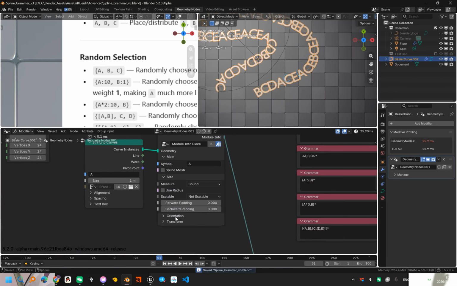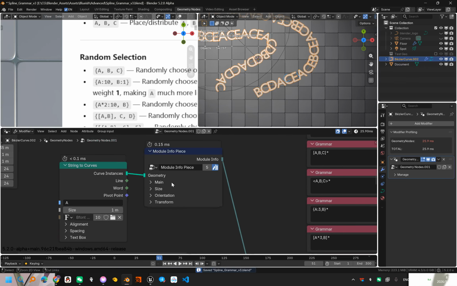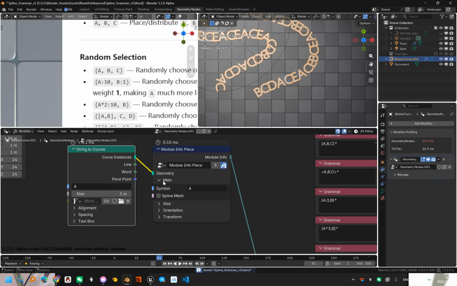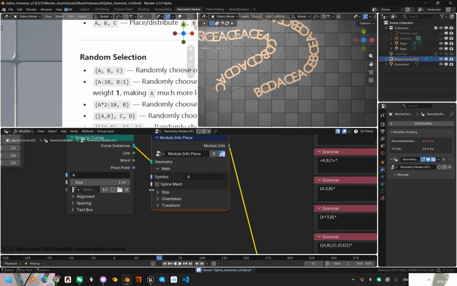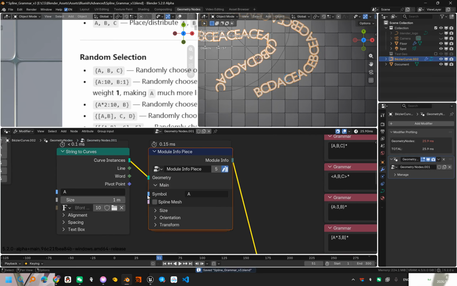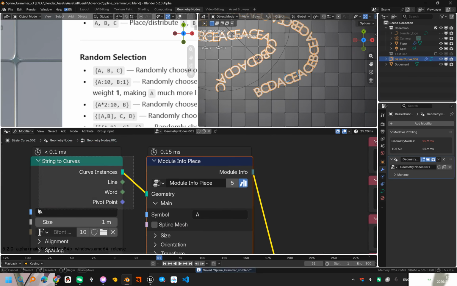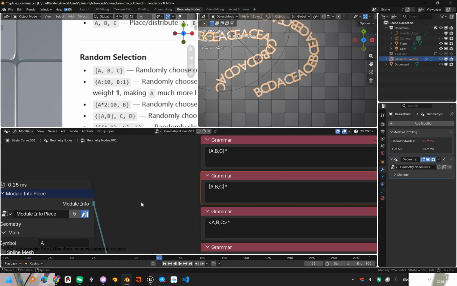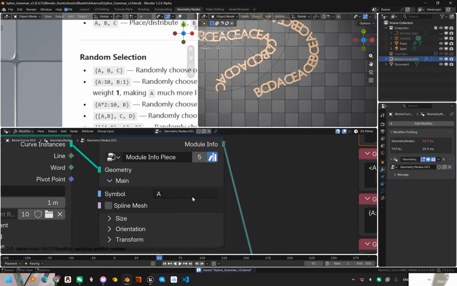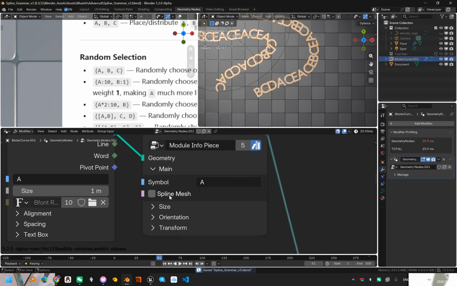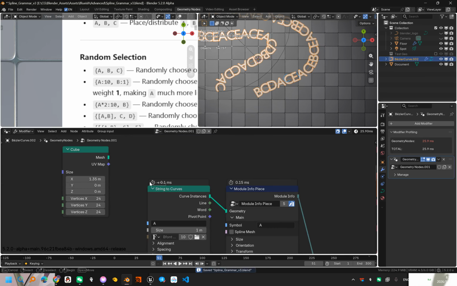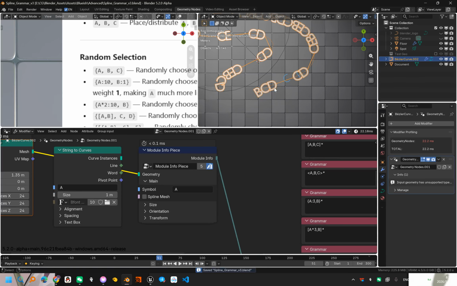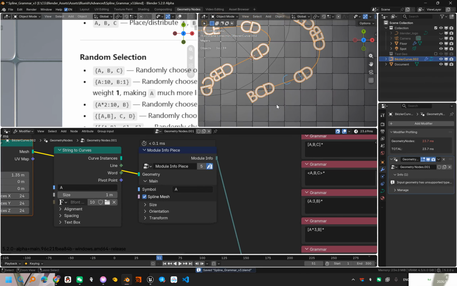And here, let's take this one. There is a module info piece where you wire your geometry into here and configure some necessary module information. First of all is the module sample. You need to give each module a different sample and reference it inside the grammar string. So here is A. And the second main setting is spline mesh. What is a spline mesh here? Let's see. The spline mesh means